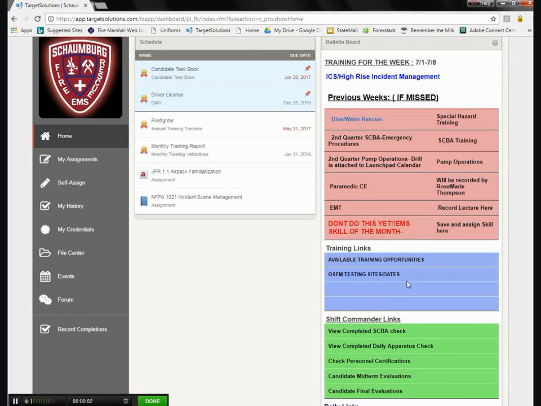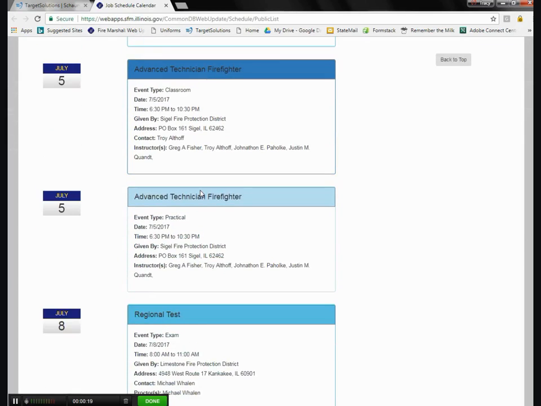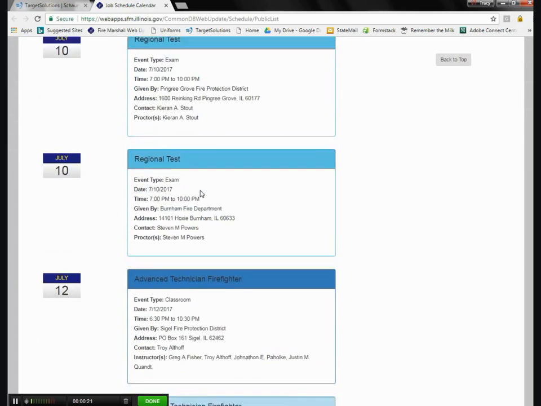Okay, so the next part of the training links table is the OSFM testing sites and dates. If you want to see when a state exam is being held, if you were not able to take it during the class on the last day, you can just click on this link and it's going to bring you to the fire marshal testing sites and locations,